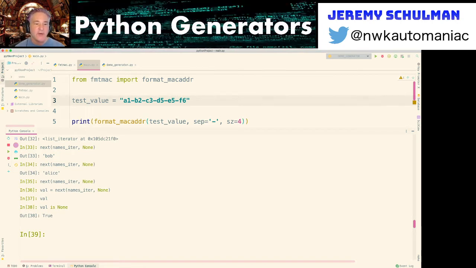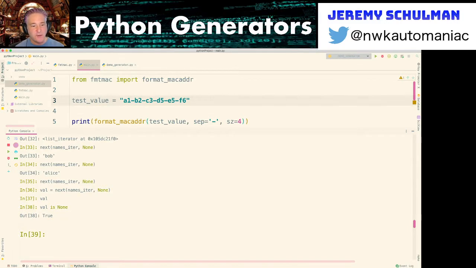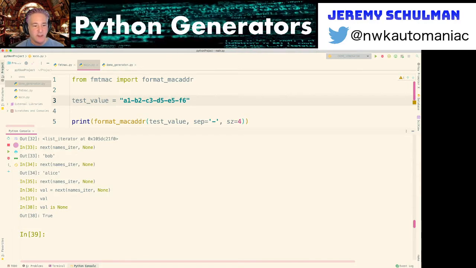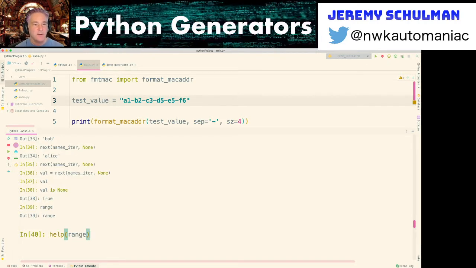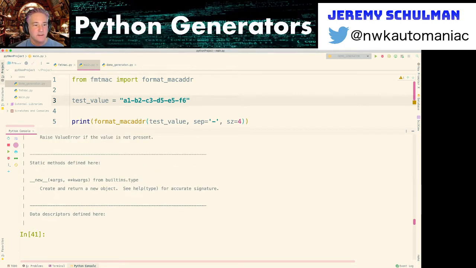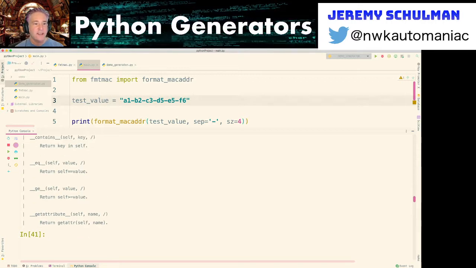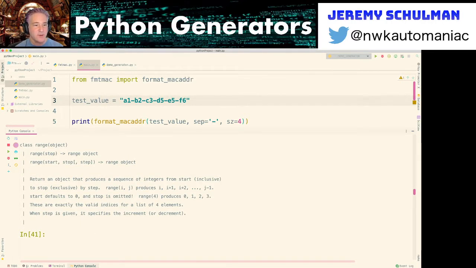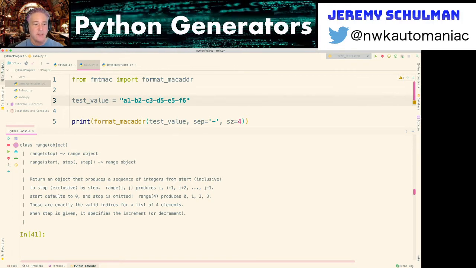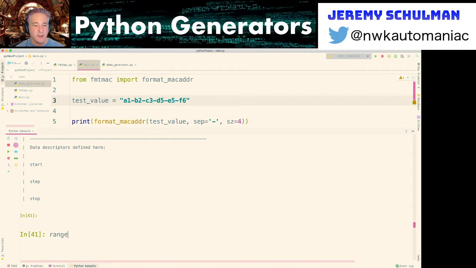Okay, so how do we see this in practice? For example, if I have the range function, let me scroll back to the top here. Range gives you a range object that gives you numbers where you have a start, stop, and a step. So if I had range, say, for example, 1 to 24,